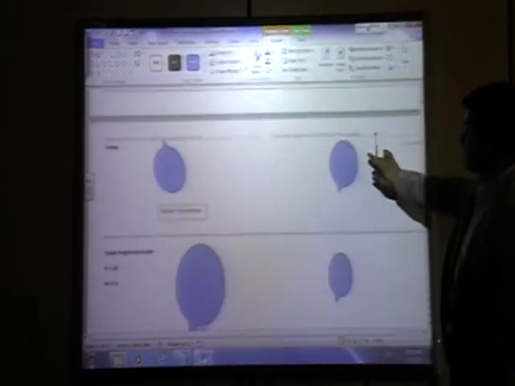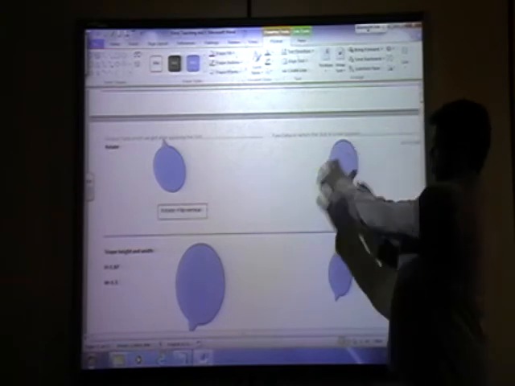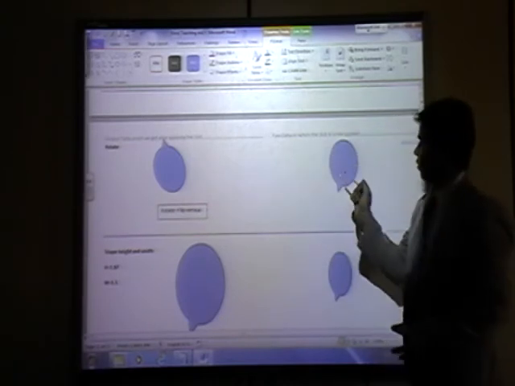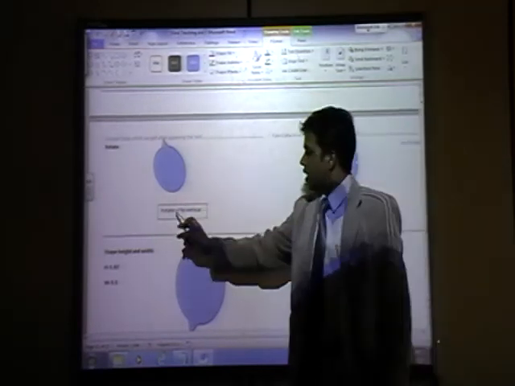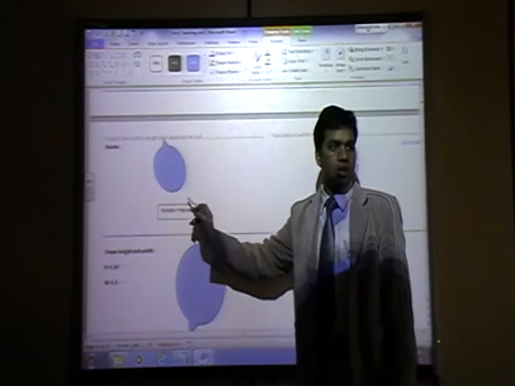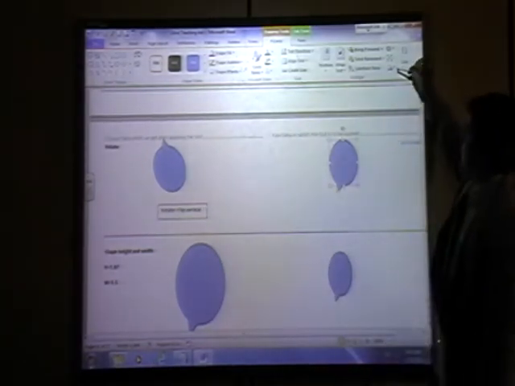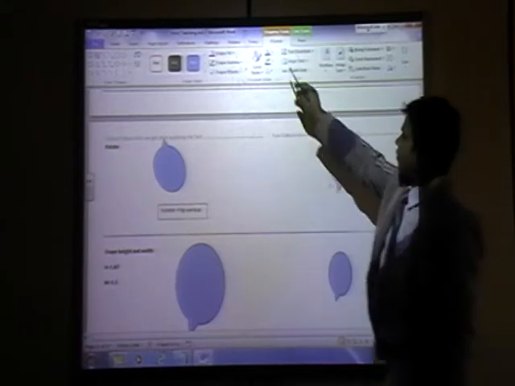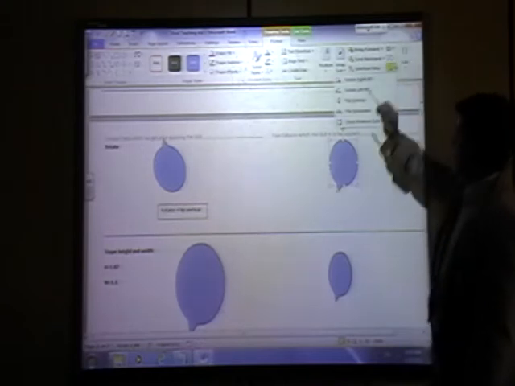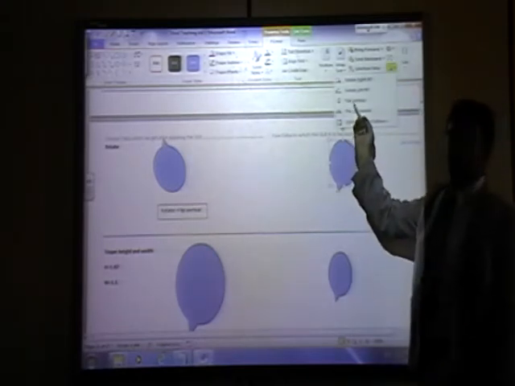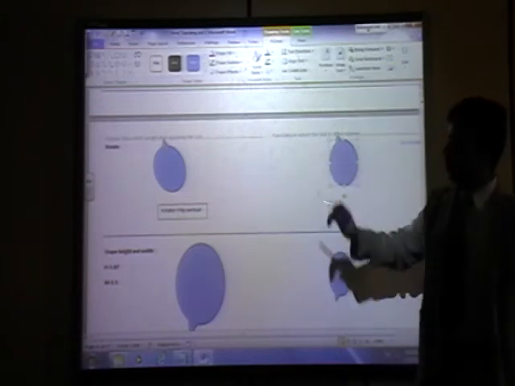Okay. Next one is rotate. What we need is this picture to be turned like this. Very easy. Click on this and rotate, flip vertical. Click on this and click on this one. Click this and format. Here is flip vertical. Look here, can you see? Flip vertical. Click on this. So it will be changed.